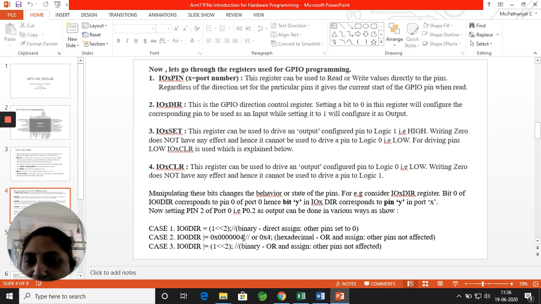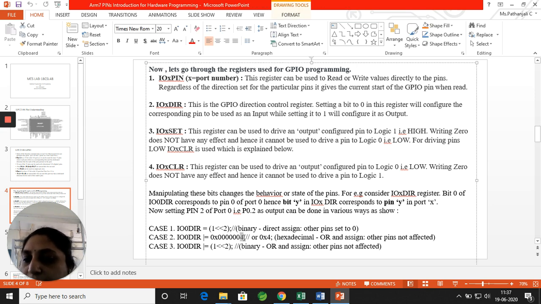The binary value of 4 is 0100. So port 0 pin number 0 will be 0, pin number 1 will be 0, pin number 2 will be 1 and pin number 3 will be 0. That is what this 4 indicates.